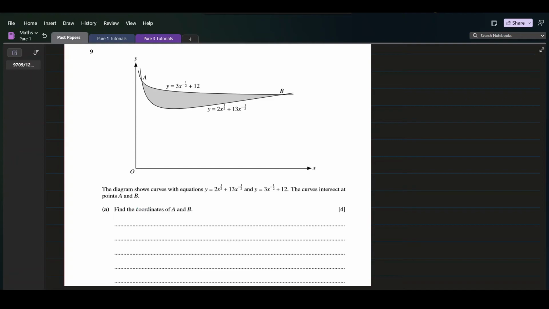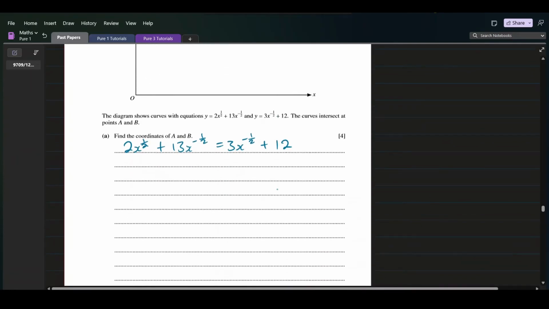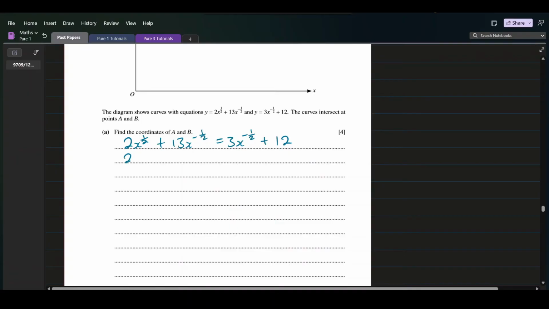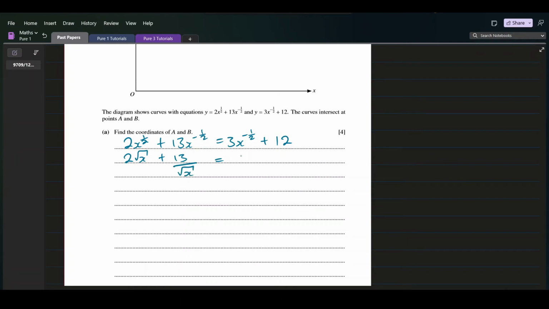Okay, so since the curves are intersecting at A and B, we can get their coordinates by solving the two equations simultaneously. So what we can do, we can equate the two equations. So it's 2x to the half plus 13x to the negative half is equal to 3x to the negative half plus 12. So let's make our powers positive because it can get very complicated if we work with negative powers. So that's plus 13 over root x is equal to 3 over